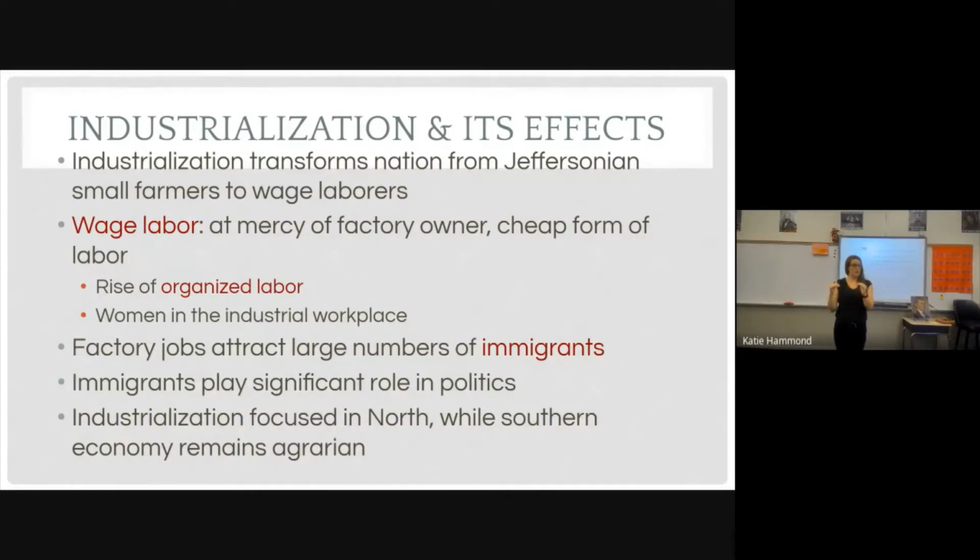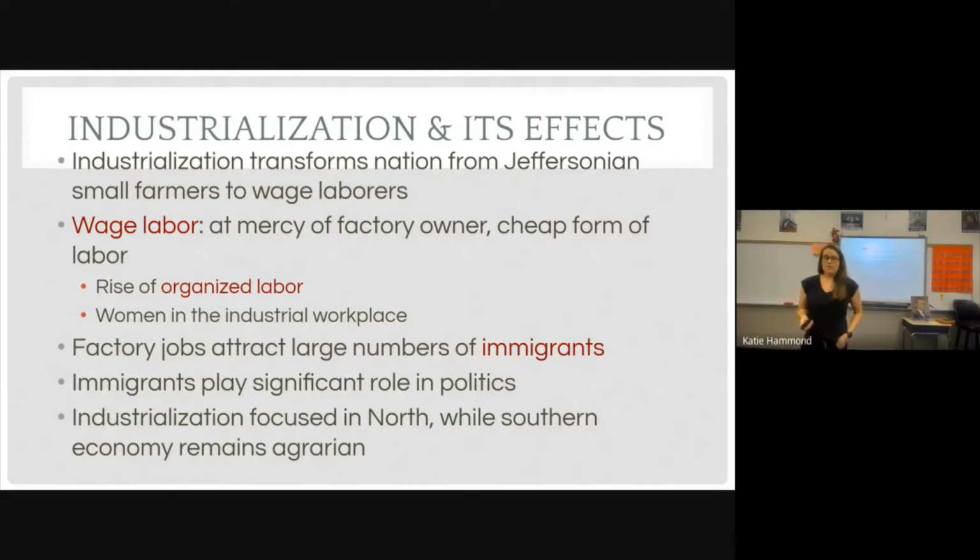Immigrants, in terms of salaries or wages, are at the bottom of the totem pole, okay? Because, again, they aren't citizens, so the factory owner can say, hey, you get less than 50%, okay? But think about it. If you're a factory owner, you're going to want to hire immigrants because they hardly cost you anything, and they're going to do the same work as your white males who would get the full amount of the wages.